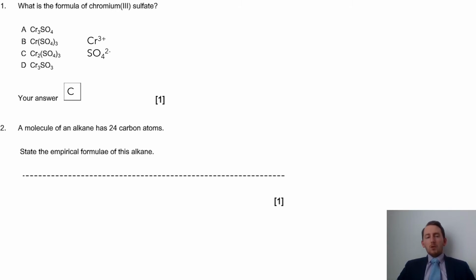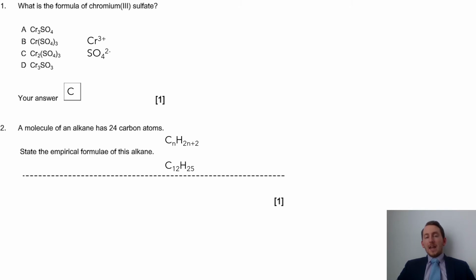Second question, a molecule of an alkane has 24 carbon atoms. State the empirical formula of this alkane. Well, hopefully we know what our general formula is for alkanes, which is CnH2n+2, and then we can sub in the value of 24 for n, and then we find that the empirical formula is